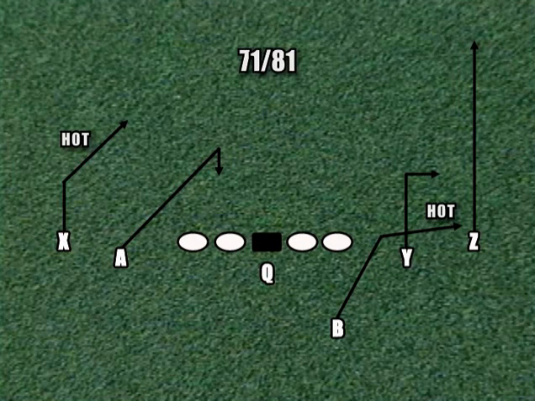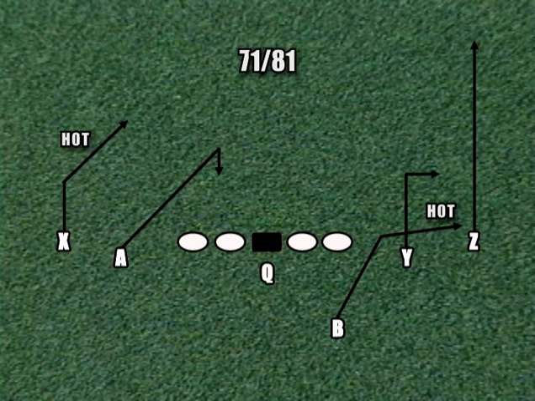Our next route is 71 and 81B. It's very similar to the deuce route. Now we're just using our running back out of the backfield as our 3rd receiver to the play side. Once again on this route, he's going to have a yes or no decision to the Z. If we feel like we can beat him deep, it'll be a yes. If he doesn't feel like he can beat him pre-snap, it'll be a no, and he'll never look back at